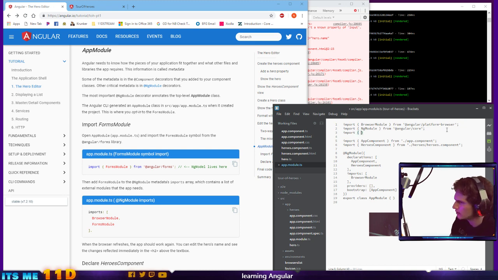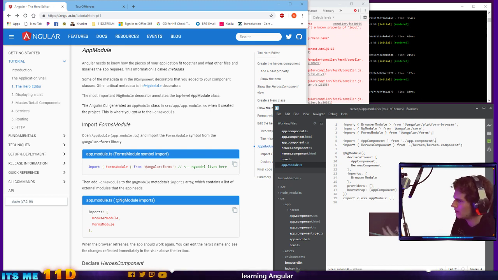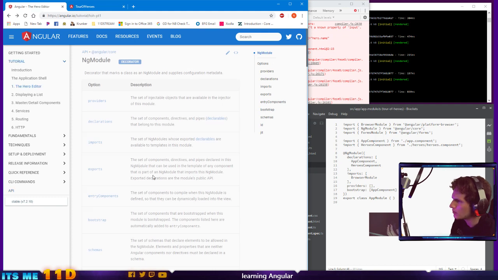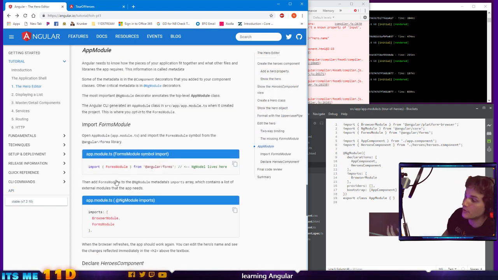Import FormsModule from Angular Forms. So this is where ngModel lives. So we got that added, we imported it. Now, we still gotta do something else. We gotta add FormsModule to the ngModule metadata's imports array, which contains a list of external modules that the